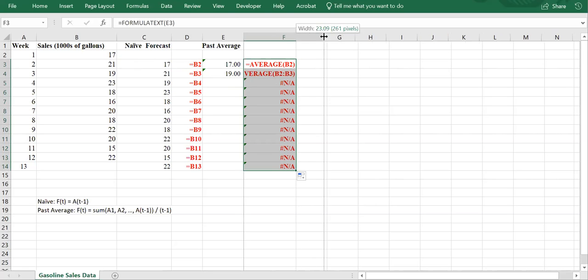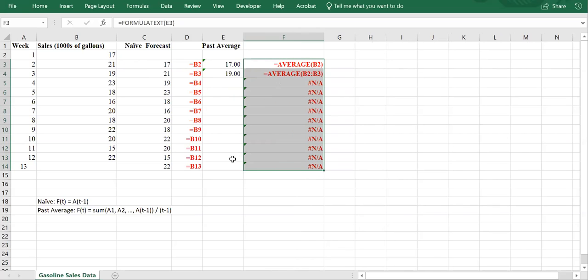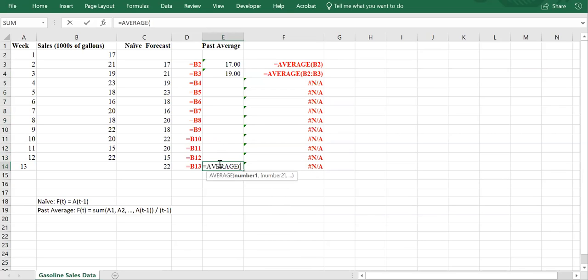And so on. But sometimes you may have a lot of rows. You don't want to type the formula for every single one of them. If you're just looking for week 13, that would be easy. You can just take the average of all the past observations, and that would be all. But if you want to copy the formula, if you just want to make it a little faster, probably you